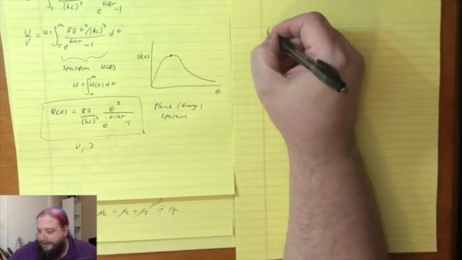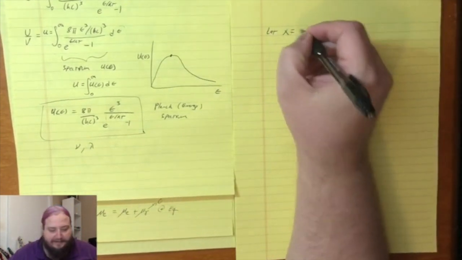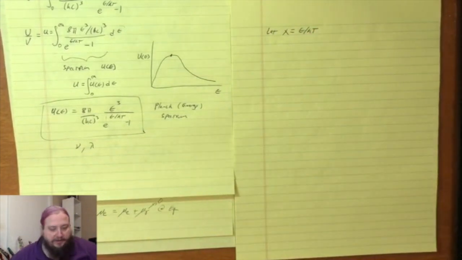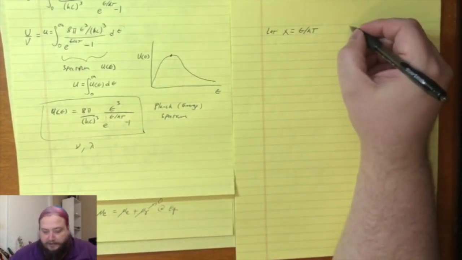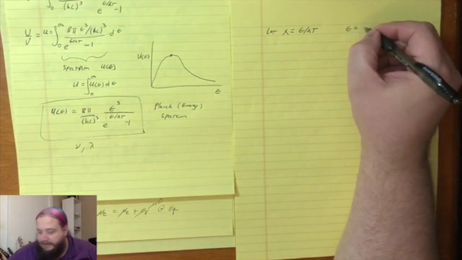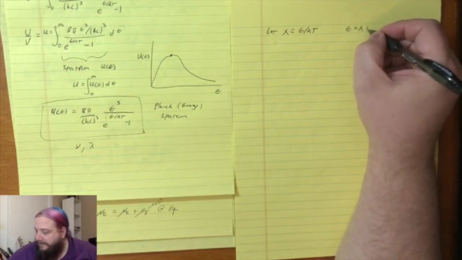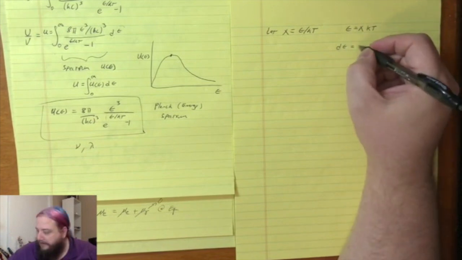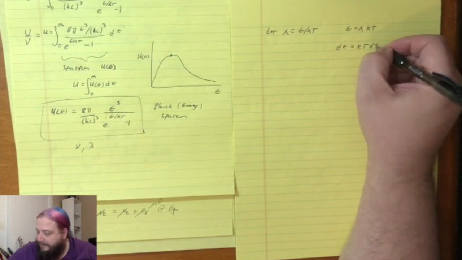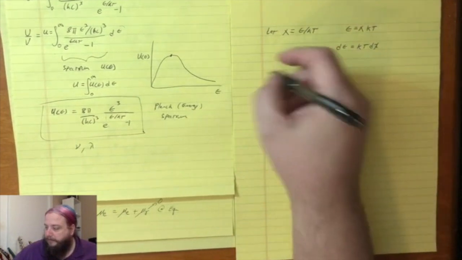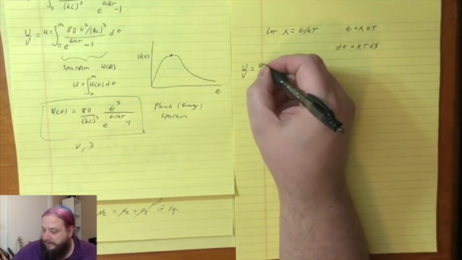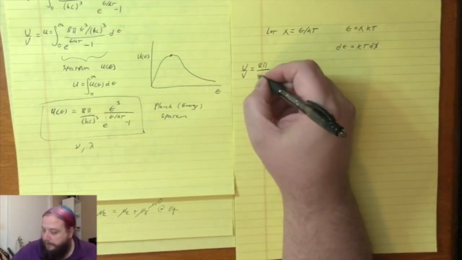In this case, we're going to let x equal energy over kT, our pretty standard coordinate transformation at this point, so that the energy could be written down as xkT, and our dE then could be written down as kT times dx, and therefore our energy density U over V is going to be 8 pi over